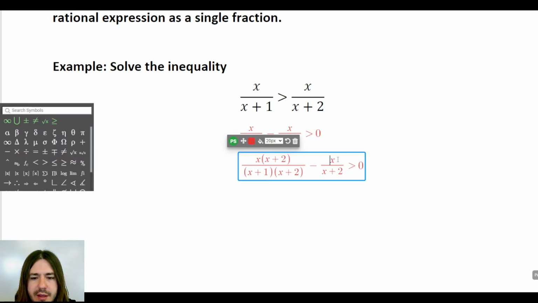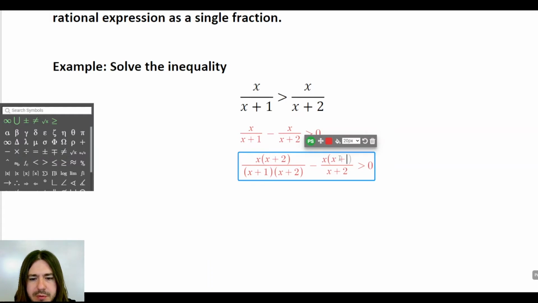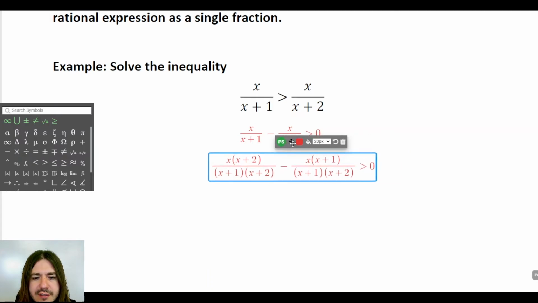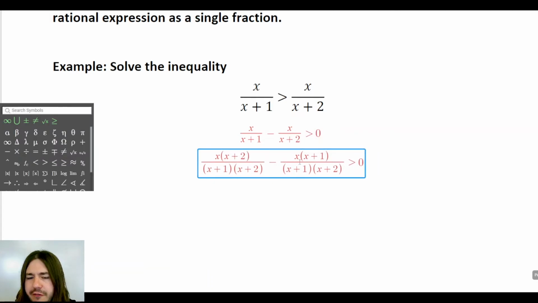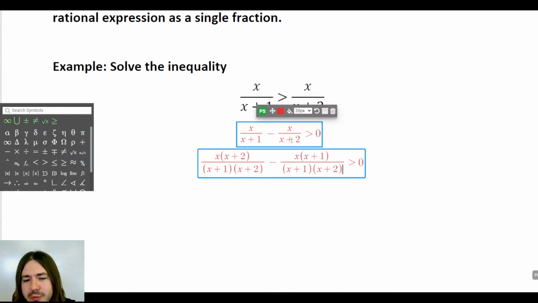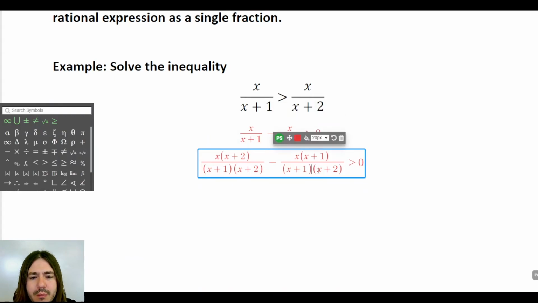And then over here, I want to multiply by x plus 1. Okay, so now I've got the same two factors on both the numerator and the denominator. Now, when you've got something that looks like this, notice everything's factored here. Don't go through and FOIL this out and multiply this out if you don't need to. If there's a reason why you would need to, you can do it at that point. But I would just advise, at least for the denominator here, to just go ahead and leave it in factored